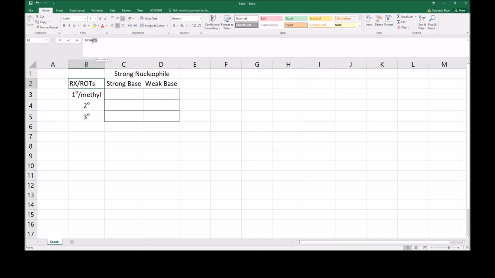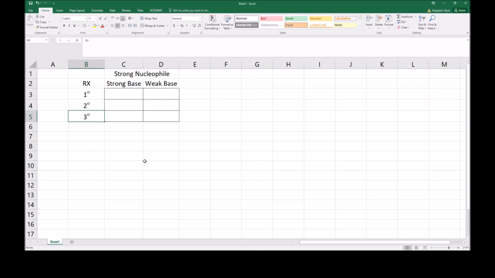But for the sake of simplicity, let's not build that into our title, and we'll just refer to this as alkyl halides. And primary alkyl halides and methyl alkyl halides also have identical reactivity, or at least close enough that we're going to treat them identically. So for the sake of simplicity, we're just going to show this as the alkyl halide table with primary, secondary,